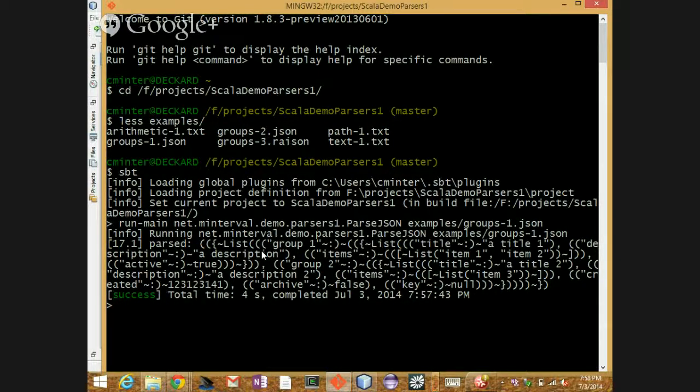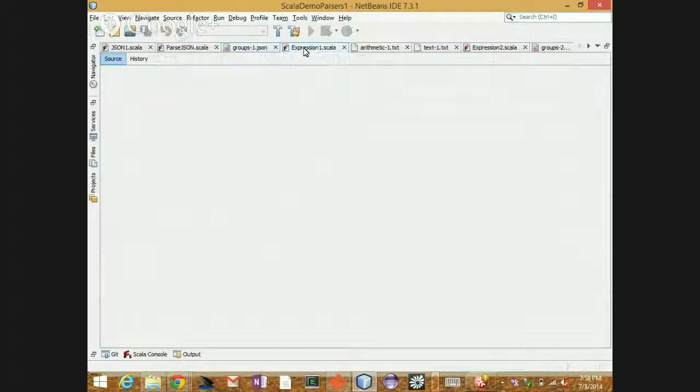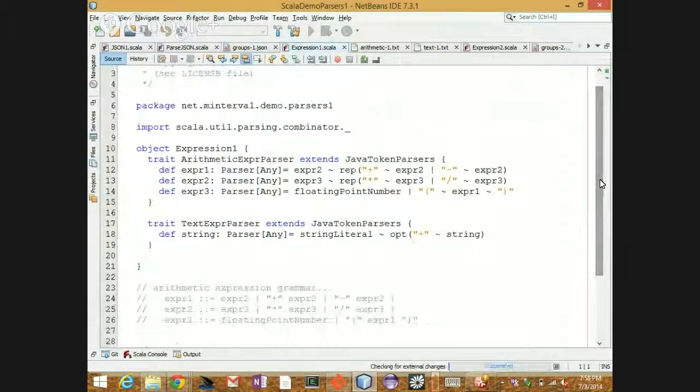So one thing I'm going to do now is switch to a different example. Here's your standard example of an arithmetic expression. I have the grammar at the bottom here.